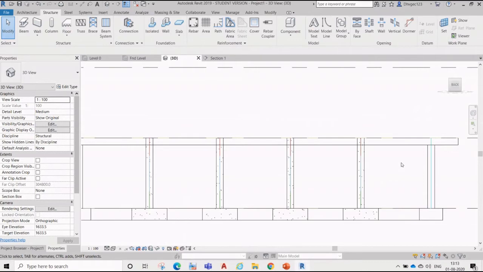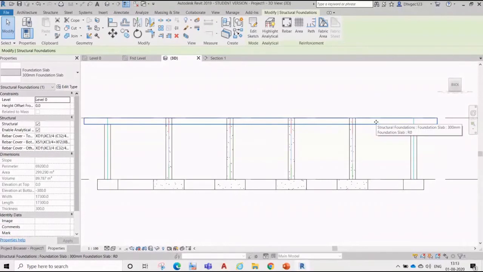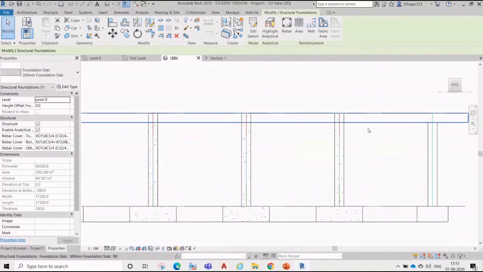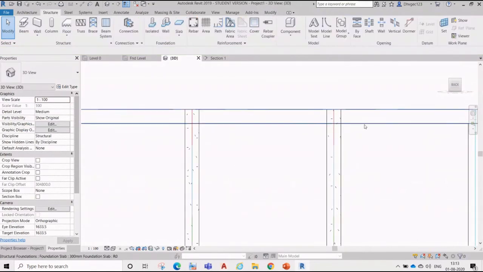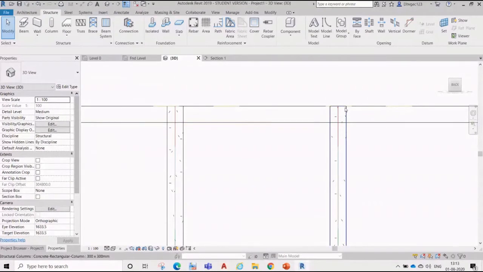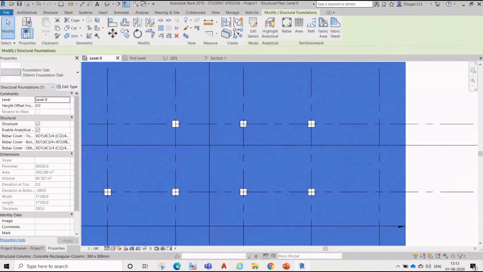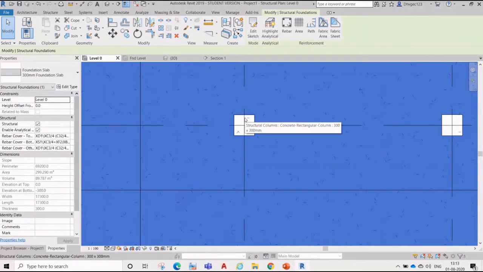when we are doing modeling, we should follow the construction methodology, how we are going to do it. Suppose this is my ground floor, and the ground settlement is different, right? Suppose the ground has sand that might settle down. For that we have to provide an opening over the column, so that the column can be continuous, right?